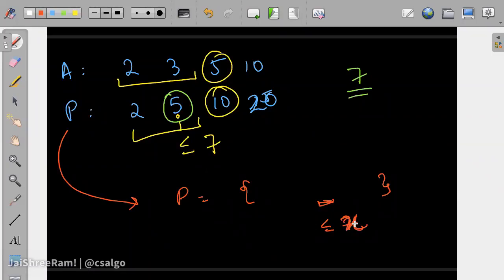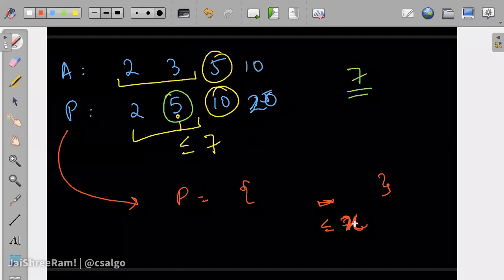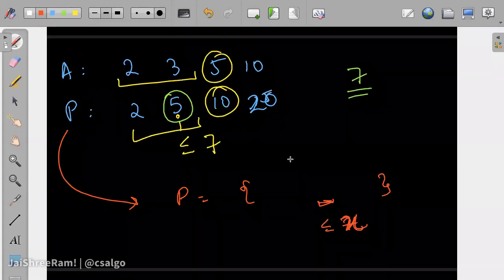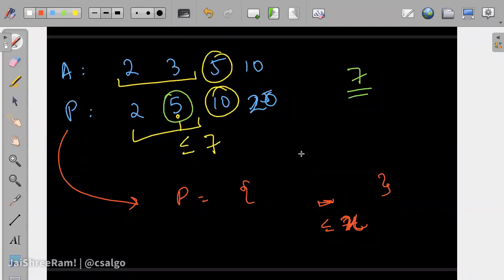So given a sorted array, you have to find the index of the last element which is less than or equal to x. Some of you write binary search, lower bound. So we are talking about STL only. Lower bound minus 1, upper bound minus 1. Two different answers that we have. Binary search is correct, obviously, but we currently are not talking about binary search. We will discuss binary search in detail later on. We just want to use STL as much as possible. Obviously lower bound and upper bound implement binary search inside them, but what we mean from binary search is that we can find this element in log n.